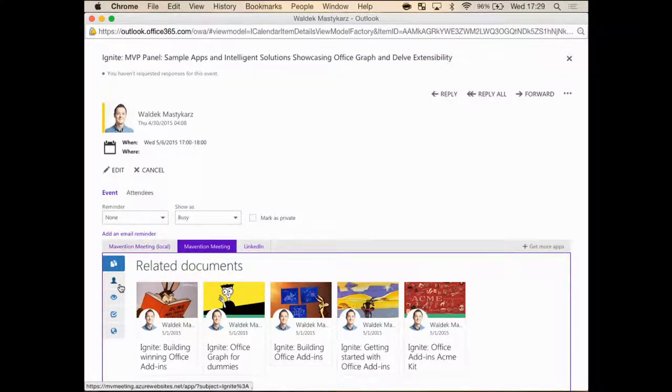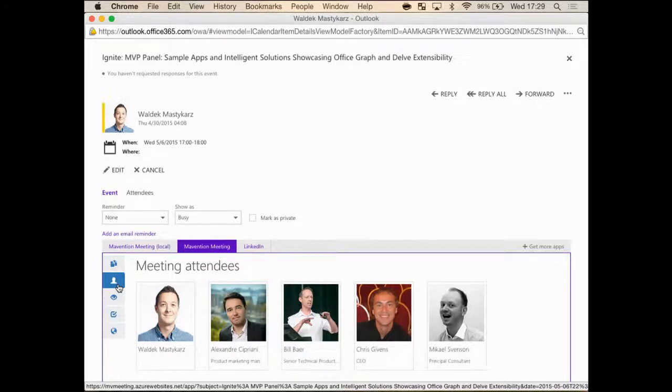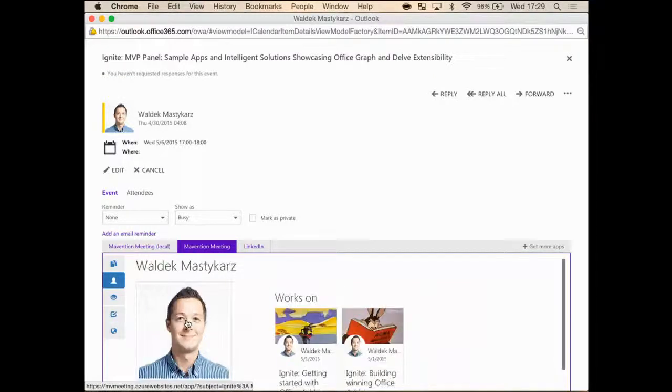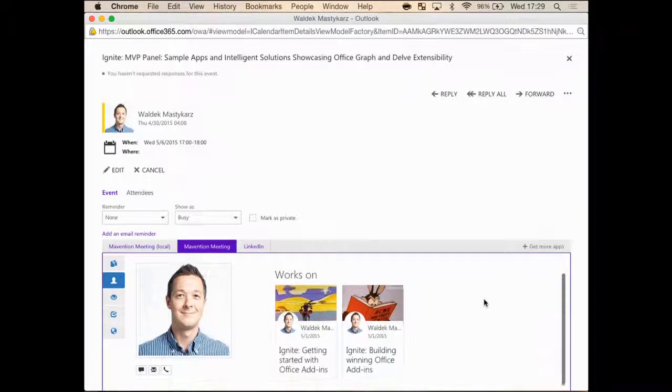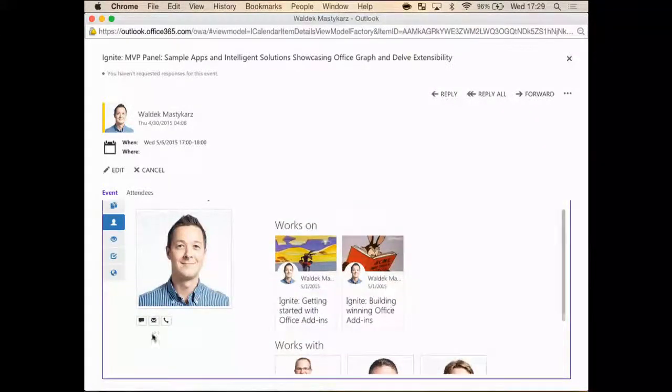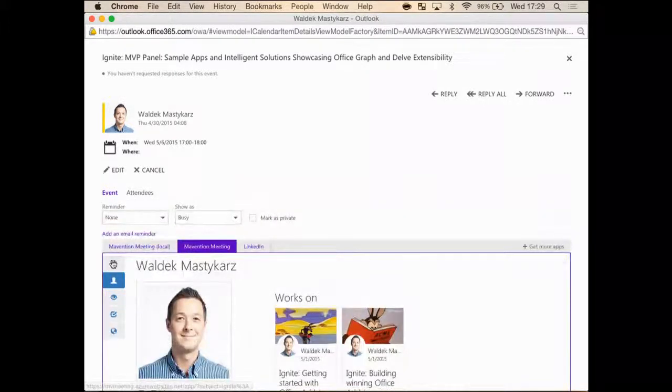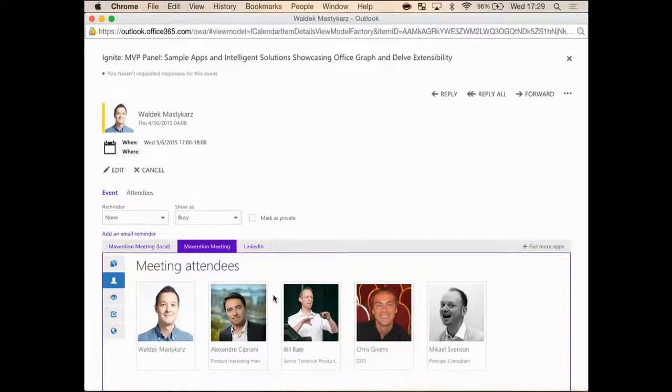Here you can see all of the attendees, and some of them are internal, some of those are customers. For internals, you can also use the power of the Office Graph to get additional insights like who they are and what they work on and who they work with. There are also some quick links to call them, send them email, or use Lync. For externals, you can use CRM, as I do here, right? So from CRM Online, you can get additional info like job, name, and image.